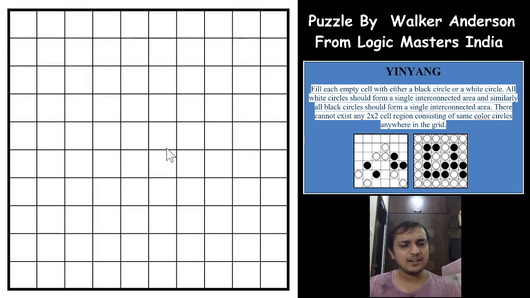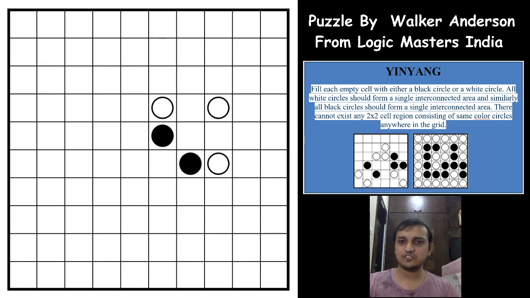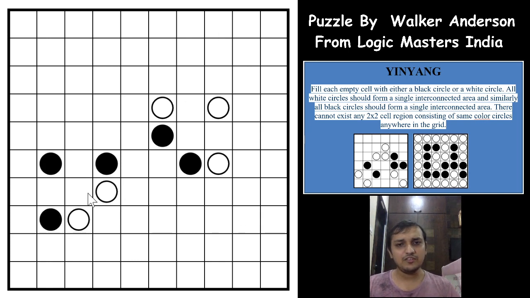One more very rare trick I came across is this one. So whenever you have such a case, or maybe the reverse way is this one. Whenever you have such cases, like you have this formation of white and black circles, or this formation of white and black circles, this circle will never be white and this circle will never be black. Why is it the case? Now what happens if this is white?